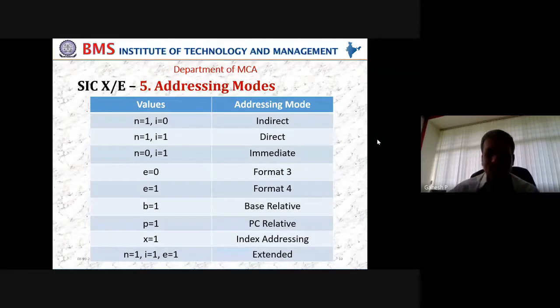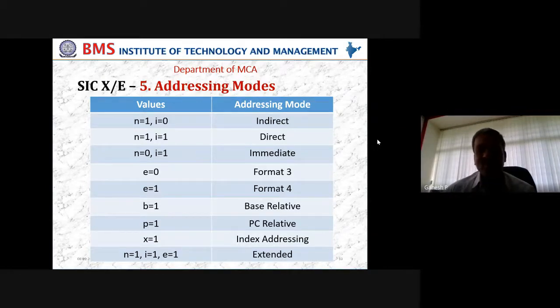Next, coming to format 4, as format 4 says, it is 32 bits, where again 6 bits for the opcode, remaining 6 bits for the NIXBPE. The leftover 20 bits are not displacement, but they are the address. Why is it address? Because we are going away from the boundary or comfort zone of SIC/XE. Thereby, I cannot take PC relative. I need to go for something else, maybe base relative. Thereby, my values are increased from 2047 to 4095, so that I can stretch further and still have my values being taken into my program.